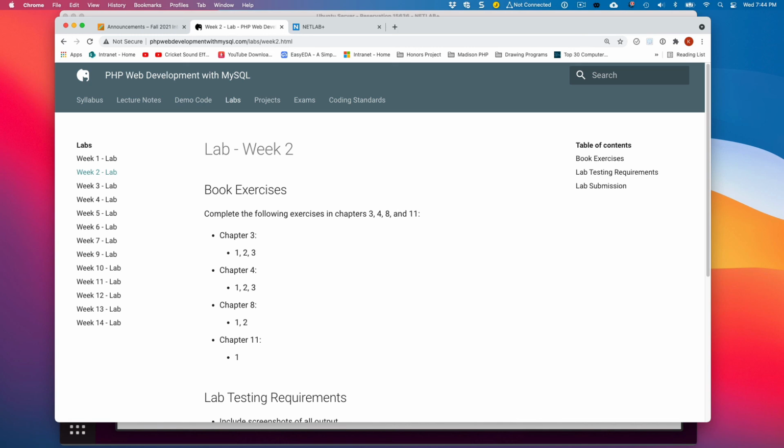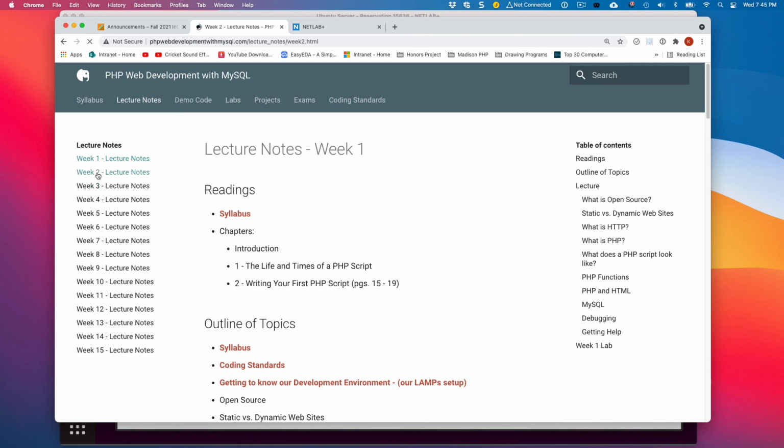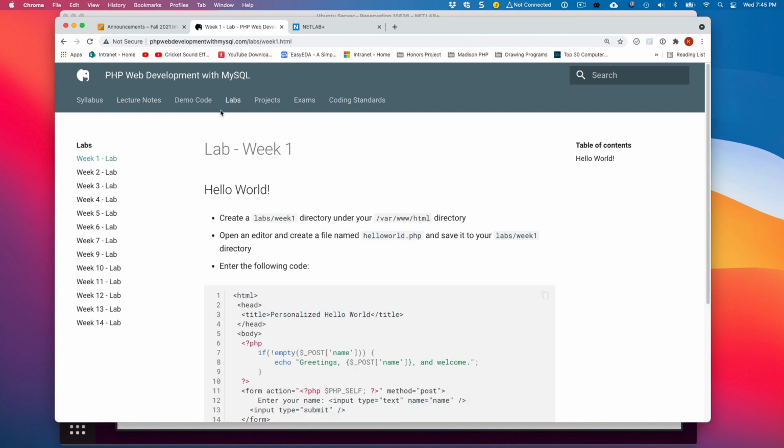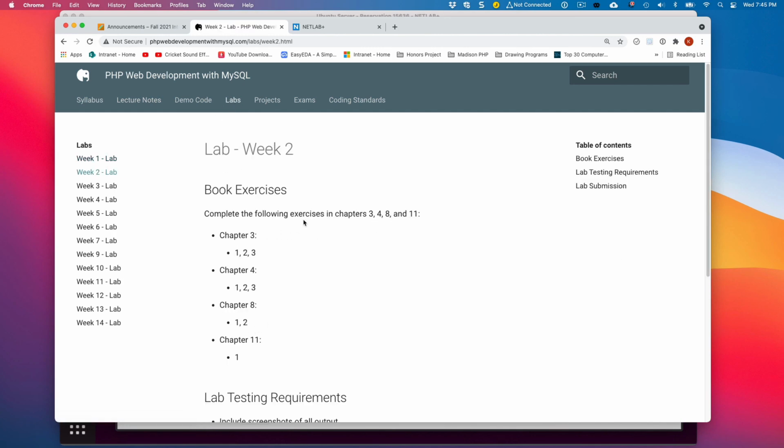Sorry that I'm jumping around. I think these are all the exercises in chapter 3, chapter 4, 1 and 2 in chapter 8, 1 in chapter 11, and 1 in chapter 12.